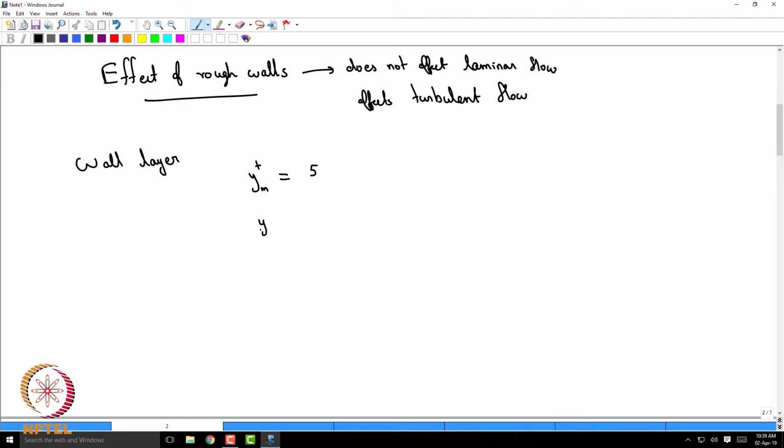What was it non-dimensionalized with respect to? y max is 5 divided by, let's say, D, where D is the diameter of the pipe,